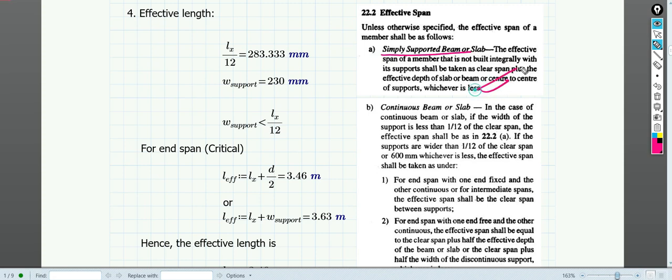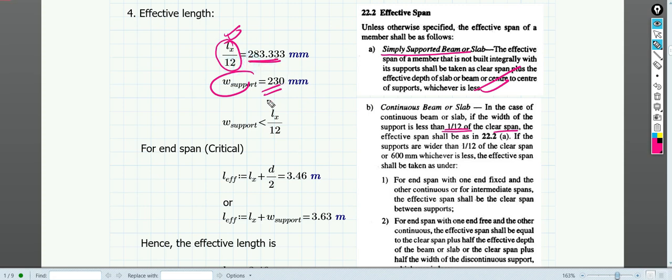But what about the continuous beam and slab? In the case of a continuous beam or slab, if the width of the support is less than 1/12 of the clear span, and the width of the support here is 230, is 230 mm less than 1/12 of the clear span? What is the clear span? Lx by 12, so it is